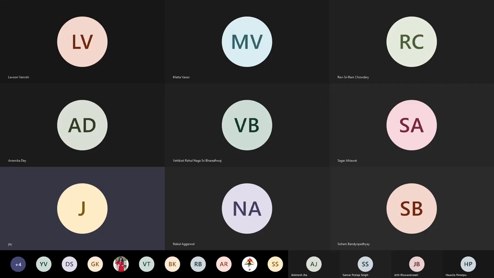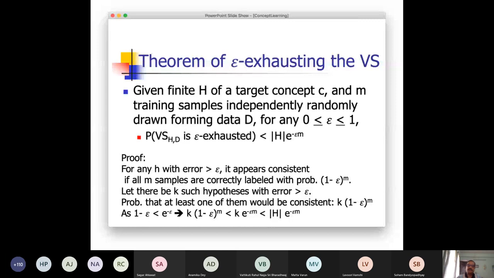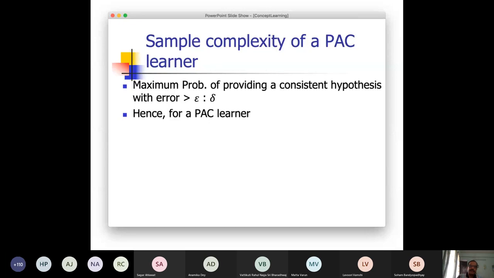Since k is the number of hypotheses within the hypothesis space, k has to be less than the total size of the hypothesis space. So finally, the probability that at least one of them would be consistent, which means your version space is not epsilon exhausted, should be less than this value, right? So the maximum probability of providing a consistent hypothesis with error greater than epsilon should be